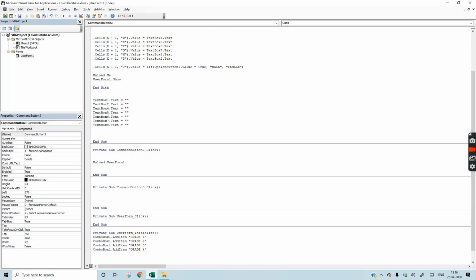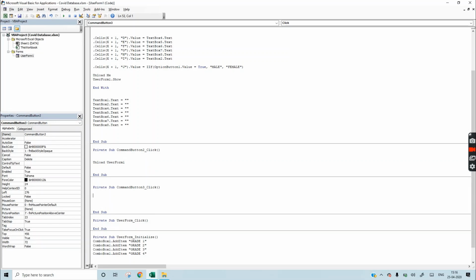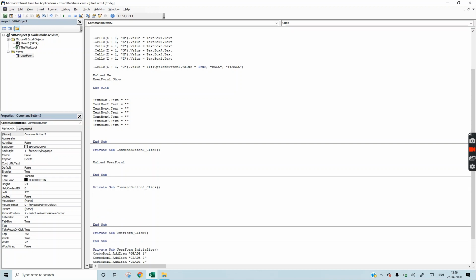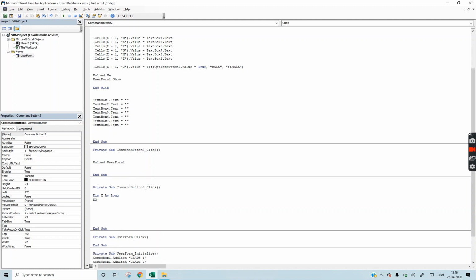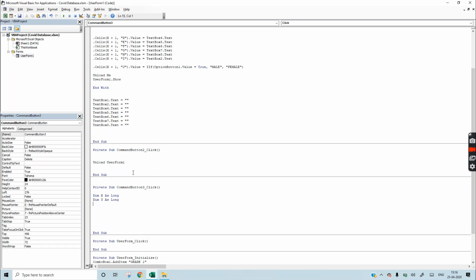We have pressed the delete button. Double click. Dim x as long. Dim y. y is equal to sheet data dot range.